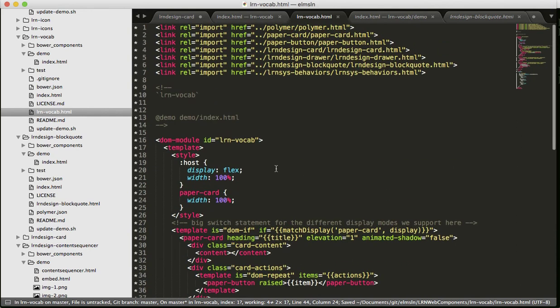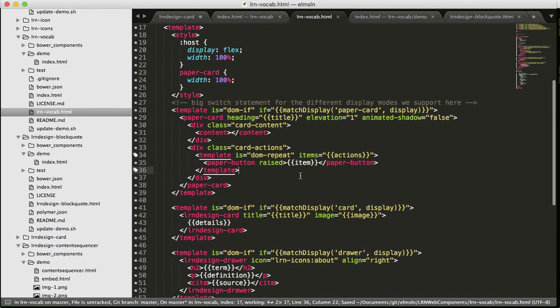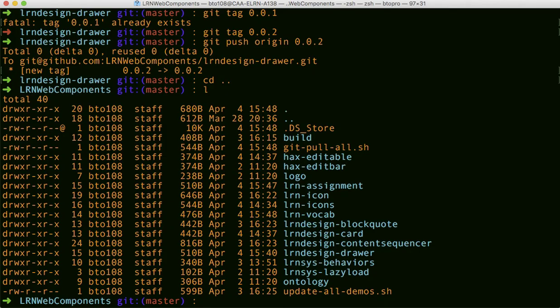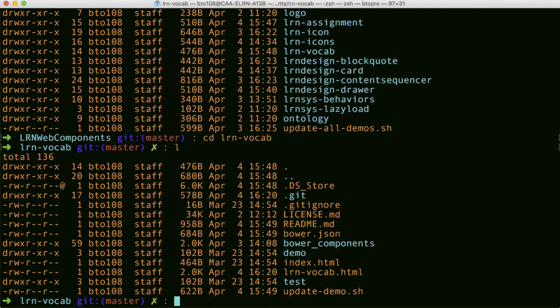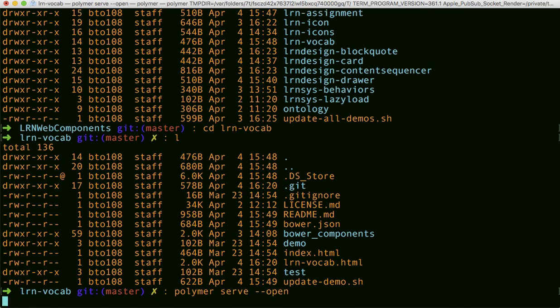Let's take a pause on that, and let's turn this into a little demo site, because I mentioned that before. One of the other really powerful aspects of Polymer is it has a CLI. So I can go to LRN-vocab here, and we can see there's my repo. I've already gotten some Bower components ahead of time, so I'm not going to cover that part right now. But if I want to test this item out, I can do polymer serve -open,